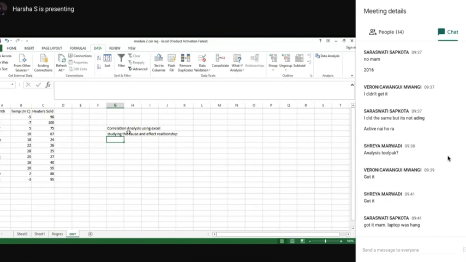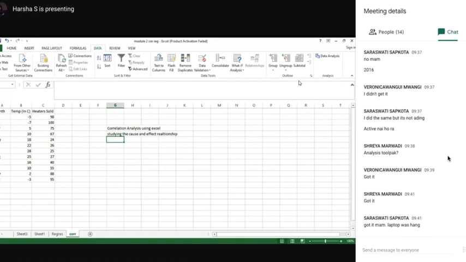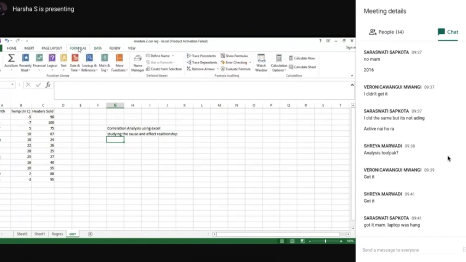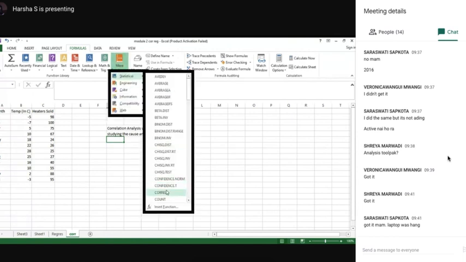Now, how do you calculate the sums in correlation? Which formula will you be using? You can do it using two methods. One, the data analysis tab, which we made as an add-on in Excel, and another is the formula tab in Excel. You can see Formulas, More Functions, Statistical, CORREL.